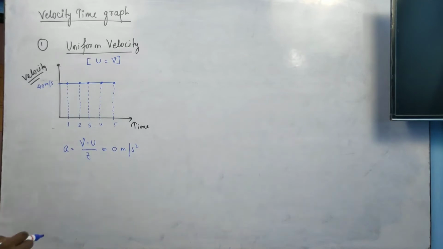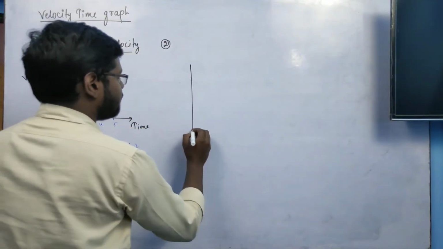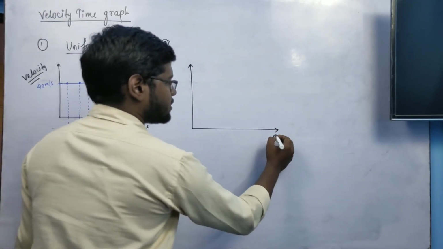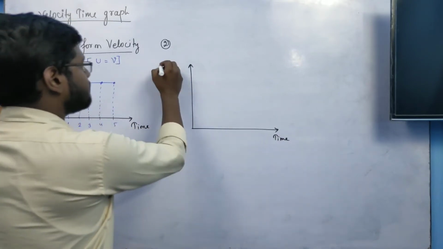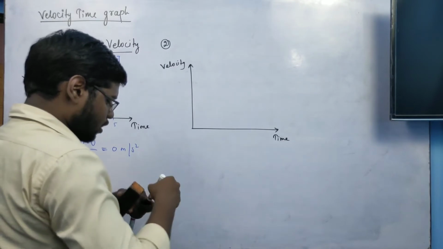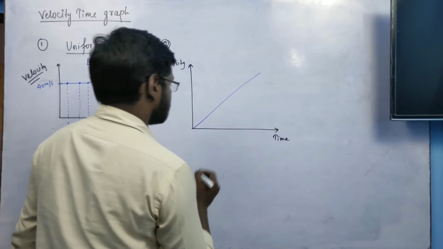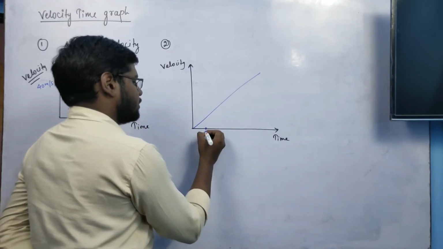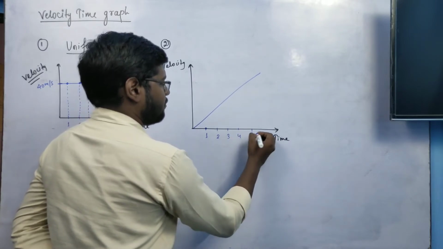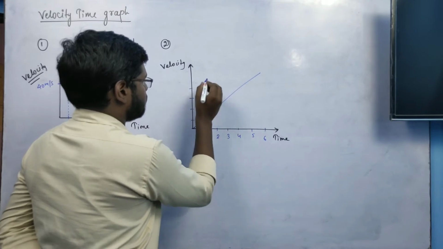Coming to the next graph, in point number 2 we will draw a VT graph first, then we will analyze what we are getting here. This axis represents time and this represents velocity, as we know. Suppose that now we draw a graph like this. When time equals 1, 2, 3, 4, 5 and 6 seconds, we get corresponding velocities, something